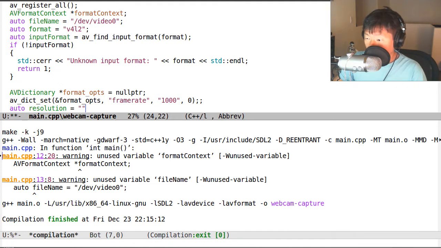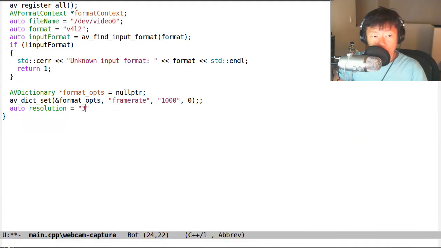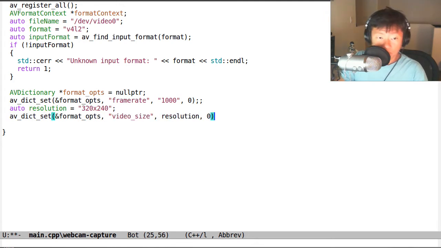So I used 320 by 240, right? So for resolution it's 320 by 240, and I'm going to add this to the dictionary also. av_dict_set, resolution, and now I'm going to open input,